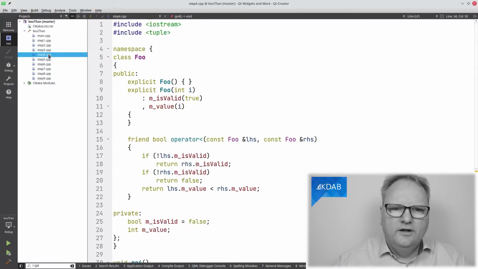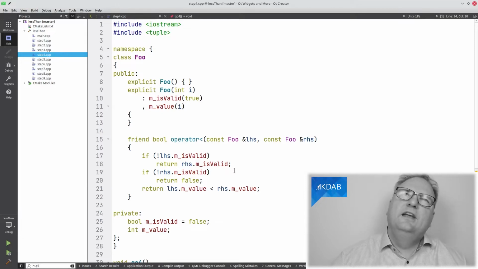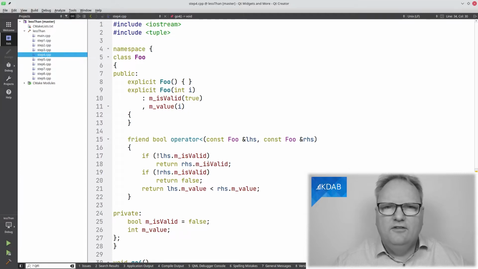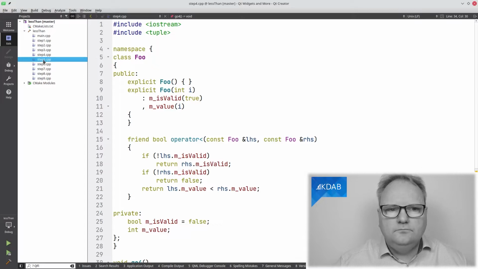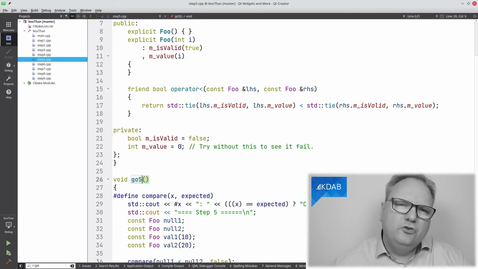If they were the same, rather, if the first element was null, then it didn't ever carry on. It just looked at the isValid for the other one. But here, if both of them are not valid, meaning they are the same, then we continue on to the next one. Therefore, I needed this explicit step, making sure that my value down here was 0.